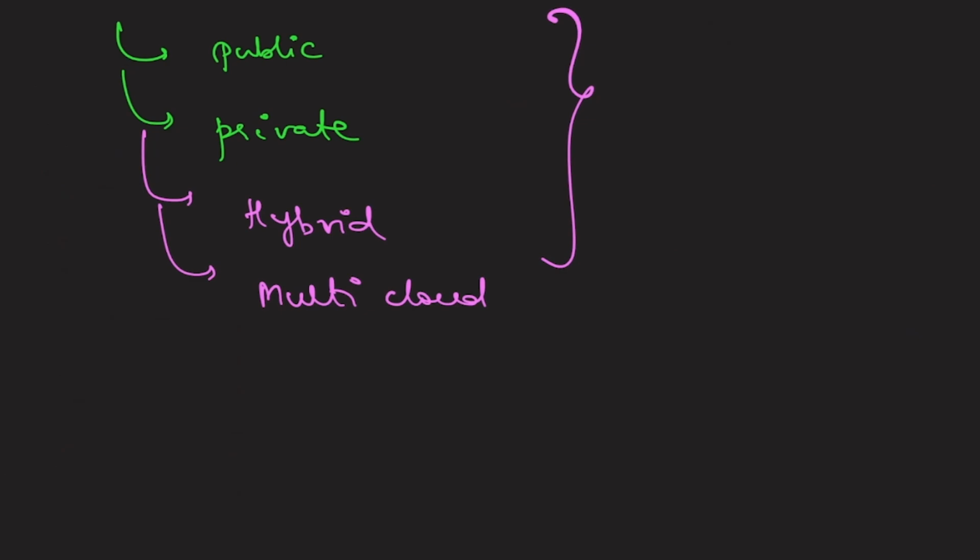So the first one which we have is public. Now what is a public cloud? I told you what a cloud is. It will have a combination, or you can say a set, of hardware, networking, storage, services, applications and interfaces. This combination is going to be operated by a third party. Who is that third party? Some company or some individual.